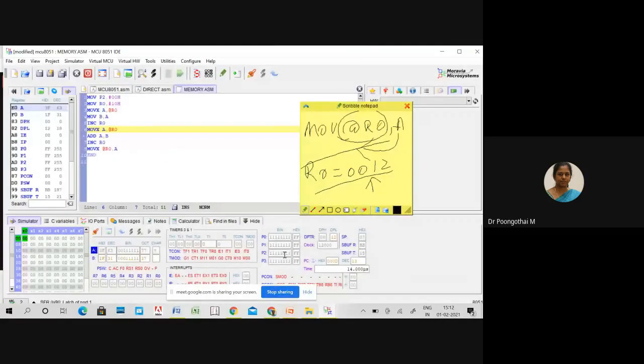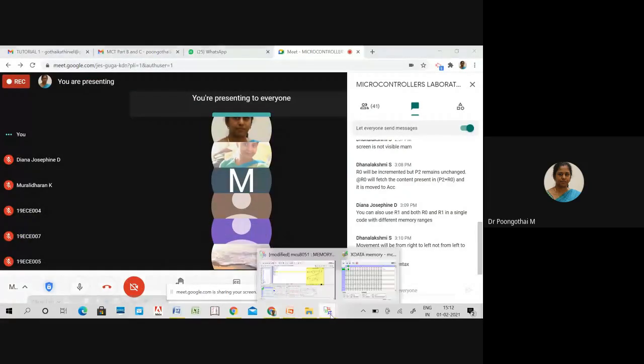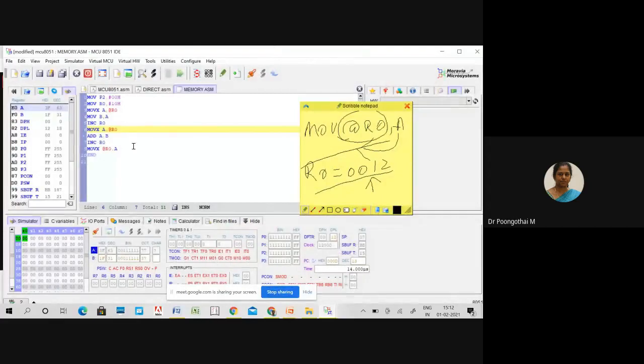So have you noted? Students, note the code down. Please note it down. If you understood this well, then the rest of the coding will be very easy.